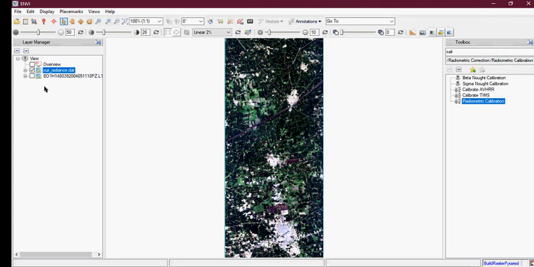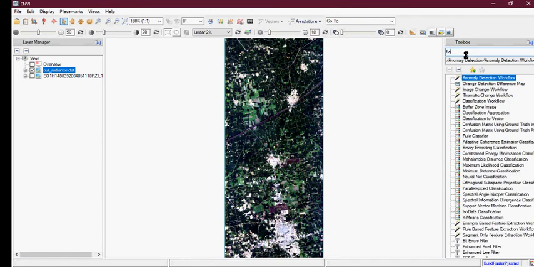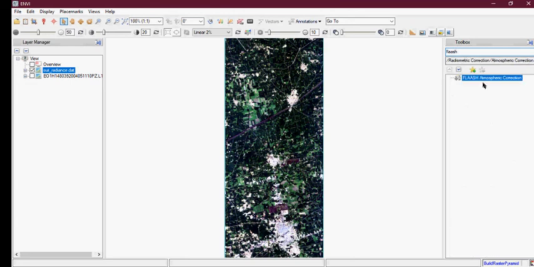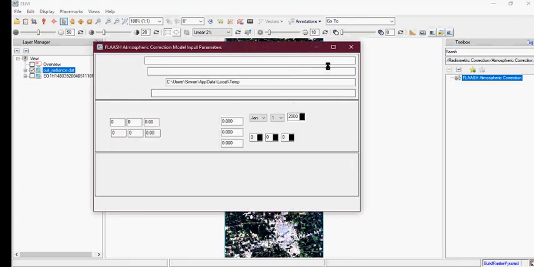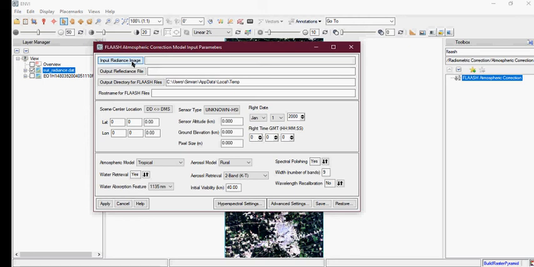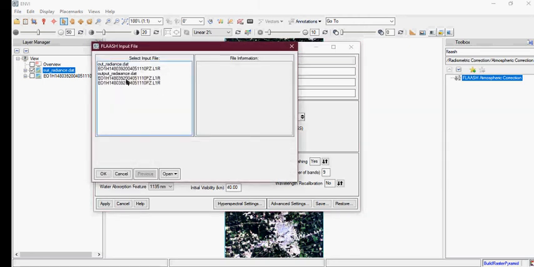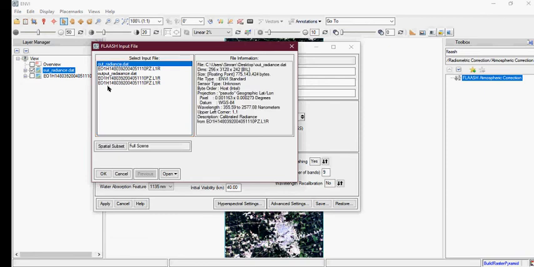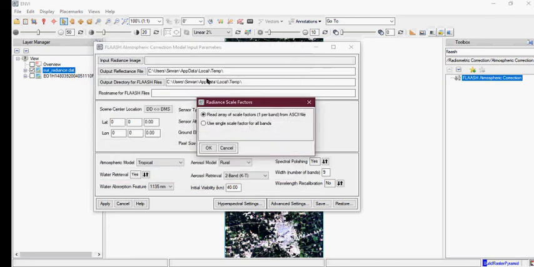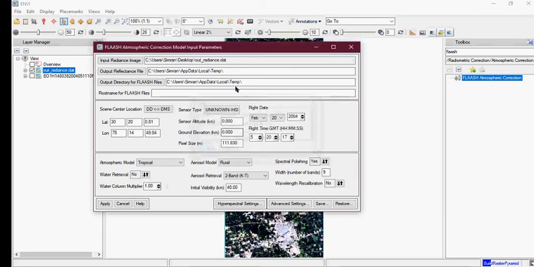If you look at this more closely, you have to untick this option. After that you have to go here and type FLAASH. The FLAASH atmospheric correction module will pop up, and this will take an input radiance image. You can give this out radiance file, as this is the file we have specified. Then press use this for a single array, and this will take a single scale factor as 1.